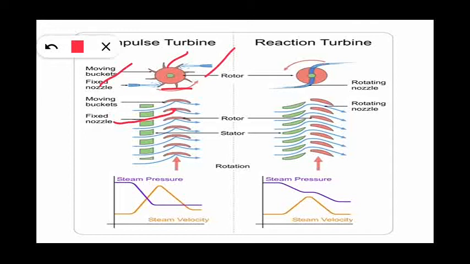And in the case of a reaction turbine, steam goes in and out from two exits, which results in impulsive force and rotation of the turbine. So there is a pressure and velocity graph. Steam pressure from the nozzle is very high and it reduces, and at the end it is at the condensation pressure. In the case of a reaction turbine, pressure is decreased stage by stage and velocity increases, then decreases, then stays constant.